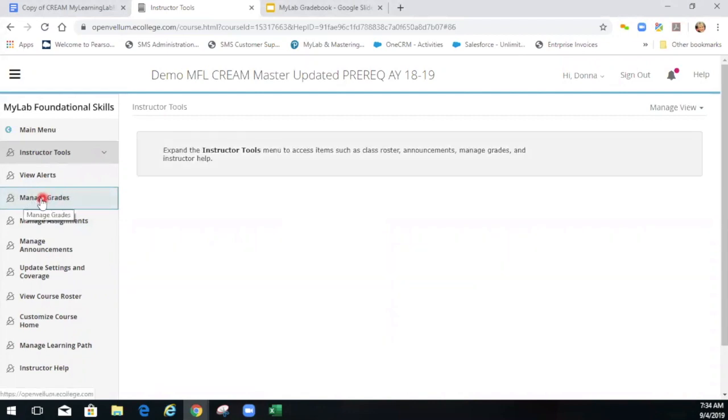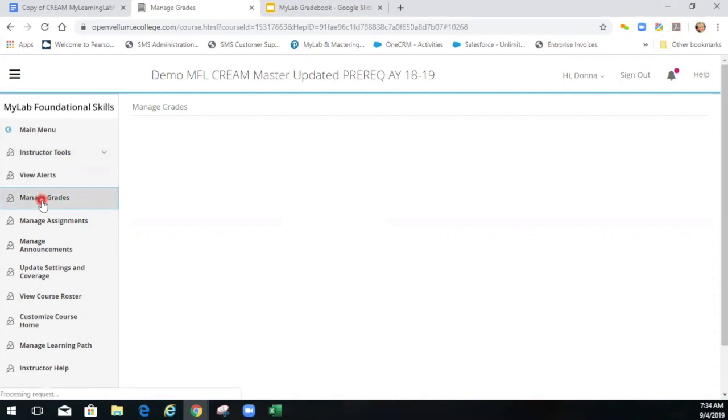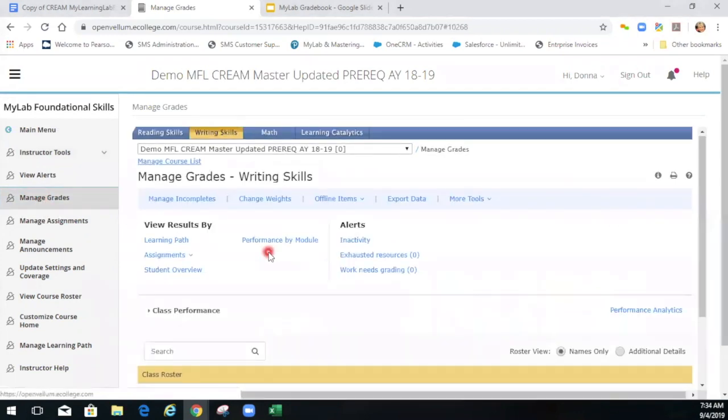And manage grades, which is where the gradebook is located. Once the gradebook loads, you first have all the same resources that you have throughout the program. Over here in that top right-hand corner is that question mark. If you ever have any question specific to this page or any page you're on in the gradebook, if you go to that question mark,